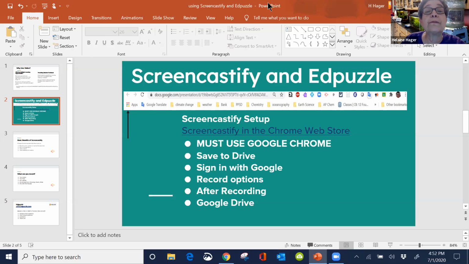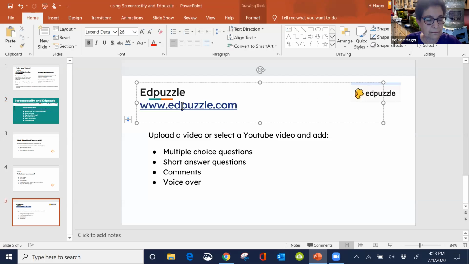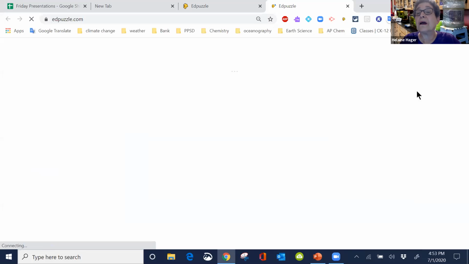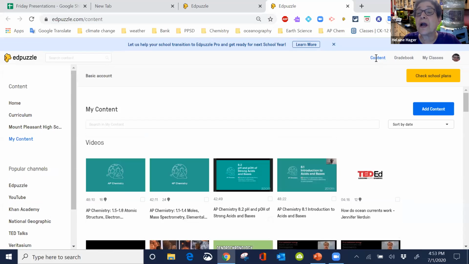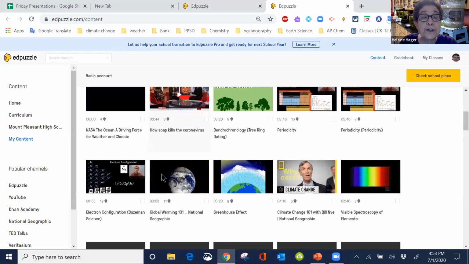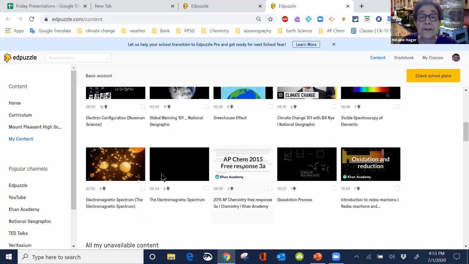And then you can upload your videos to content. I can add content and it will allow me to create a video, upload a video. So any video I make personally, like the balancing equations, I can add to Edpuzzle. I can get TED Talks as long as I get them through YouTube. And once you pick a video,